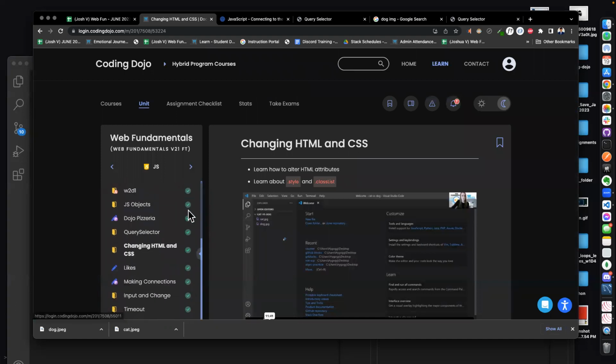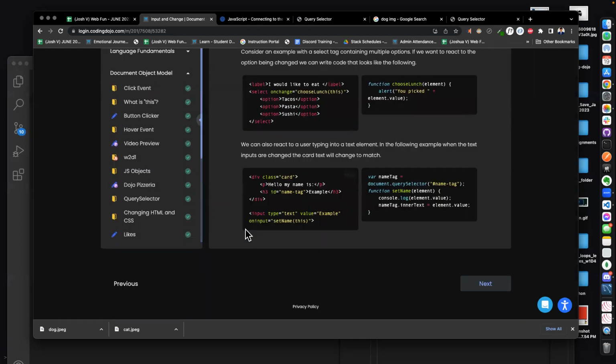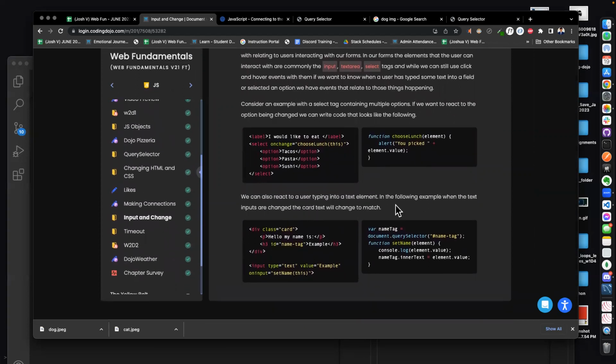Okay, moving along. Now there's a lot to cover here, and I hope to cover more in the test demos that I'm going to create tomorrow. I'm going to give you guys this test demo so you can test yourself within a 5-hour limit how well you feel. But you can see how you can do on your test tomorrow or on Wednesday. Okay, so input and change. I think I will have to cover this tomorrow during the test preview. What I want you guys to do now is have a little bit of practice time with changing elements on the DOM. So here now we are going to